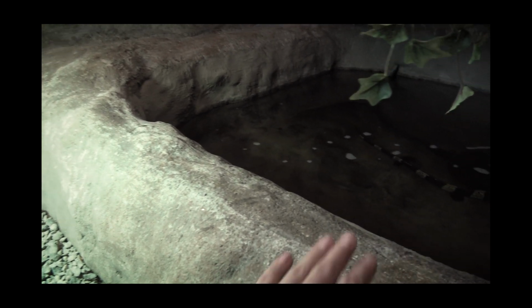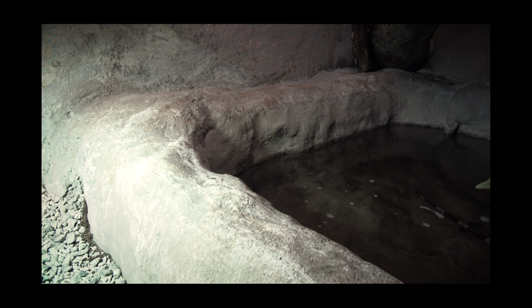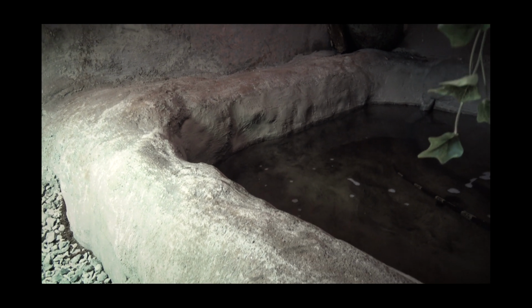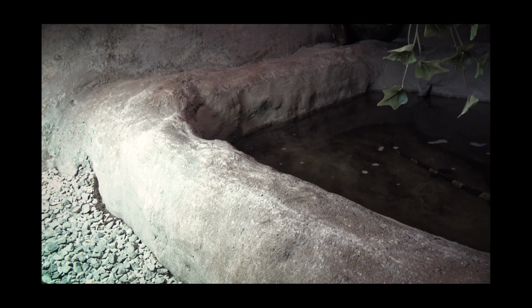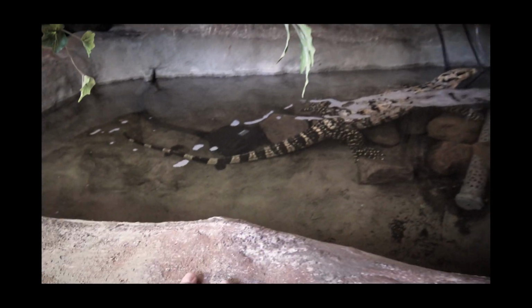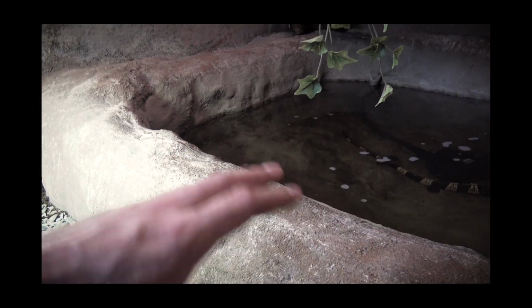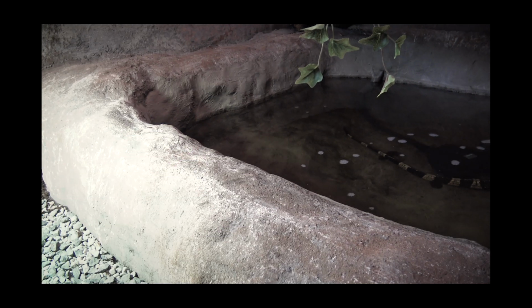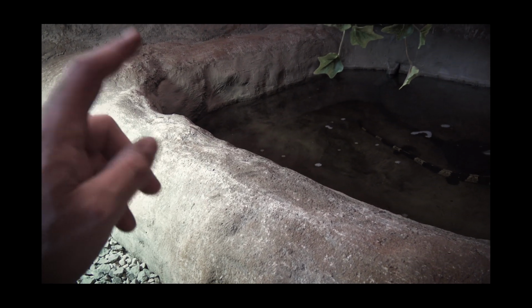It's made of concrete, and it's not very beautiful. I know that it's not. It doesn't look real or anything, but it works. I didn't want to put too much effort into all this because it's a basement. If it was in the living room, it would be something else, right? Anyway,